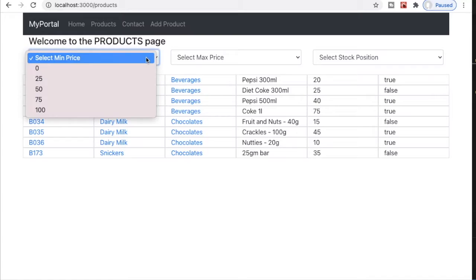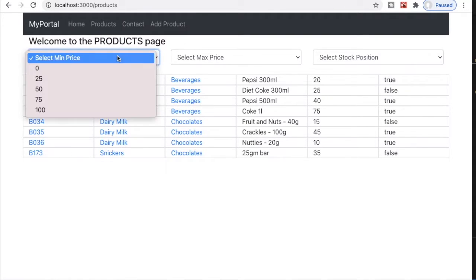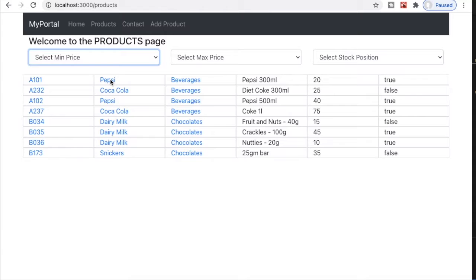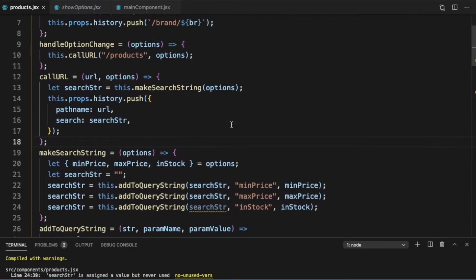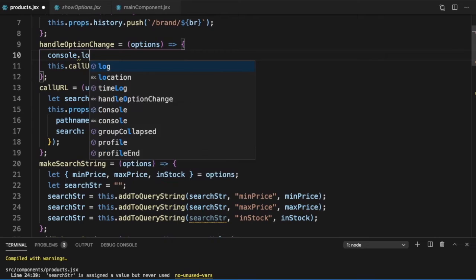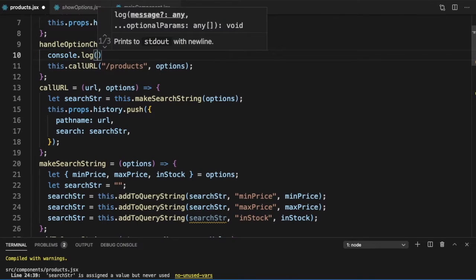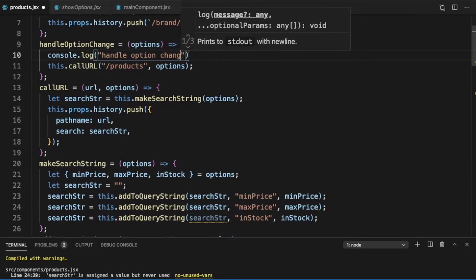So if I select, say, a min price of 25, it did not work. Let me just refresh it to see if that was the issue. There seems to be some issue here. So handleOptionChange is fine. Let's put a console.log in handleOptionChange.